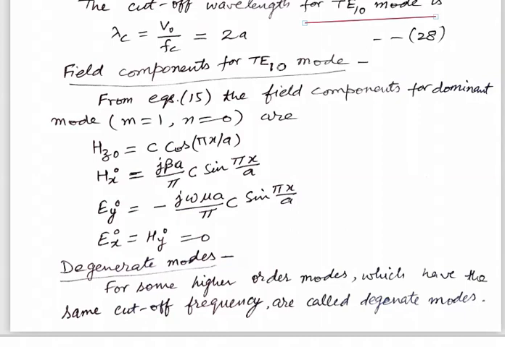Substituting all these values, these are the field expressions for the dominant TE10 mode, for which Hz0 is given by C cos pi x upon a,